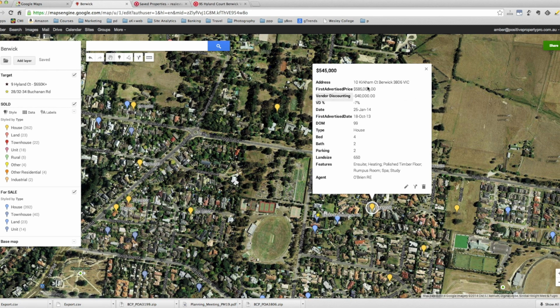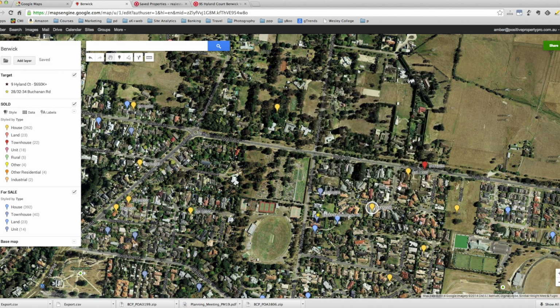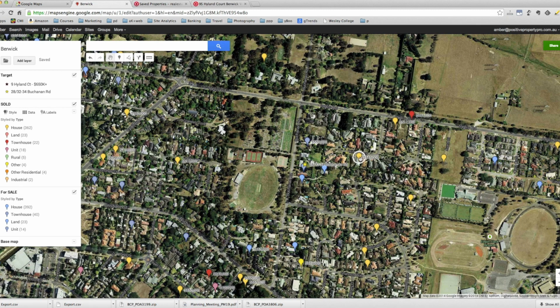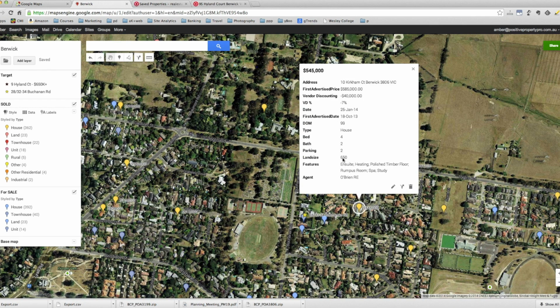Now what they've got is they went on the market on 18th of October, sold on 25th of January, was on the market for 100 days almost. 4 bedroom, 2 bathroom house, land size 650, and there was a $40,000 discount to actually sell it. So sold for 545,000. So you can see there was a discount here for the 650 square meter block